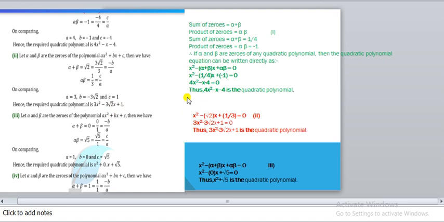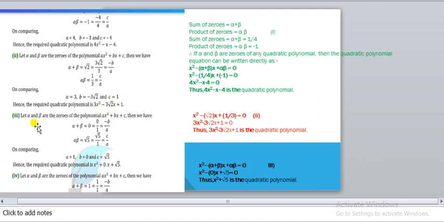Now similarly, by the second method, directly you can put x square minus alpha plus beta. What is alpha plus beta here? Given to you, root 2, into x plus the product of roots given to you, 1 upon 3. So I put here directly equal to 0. Now 3x square, again you take the LCM, 1 upon 3 is there here. So you will get the required polynomial. Same answer we will get in both the cases.